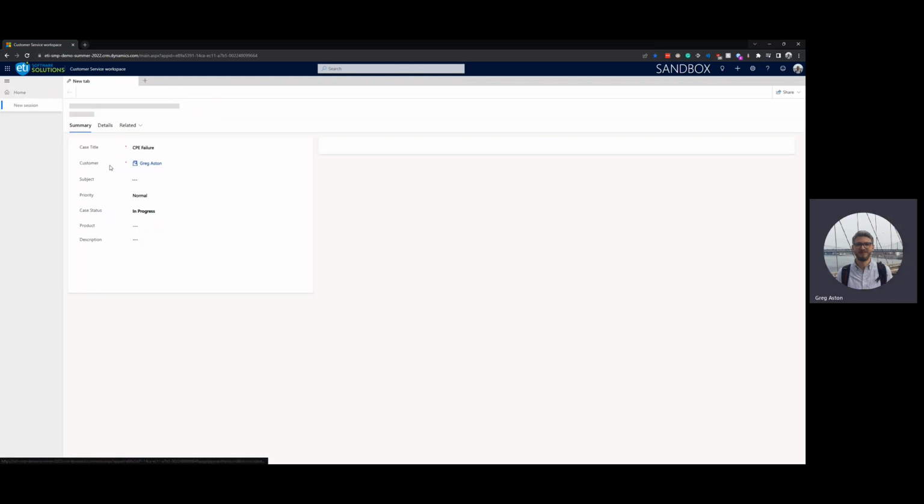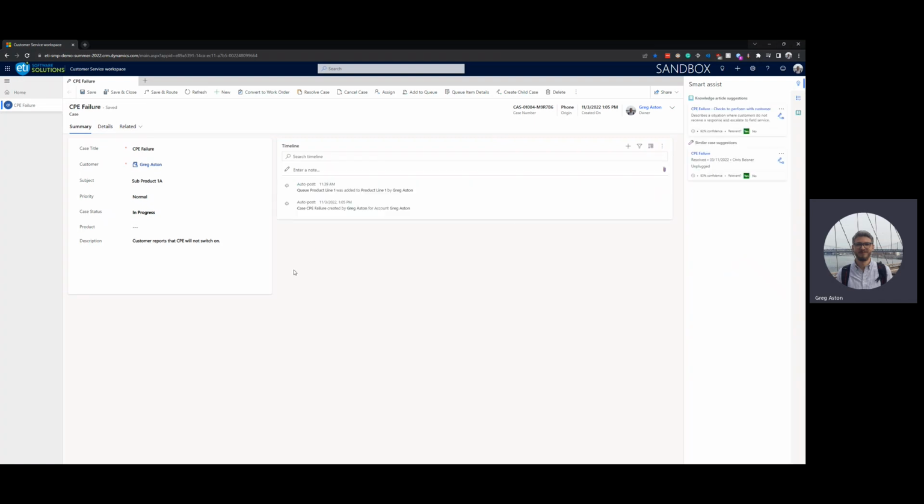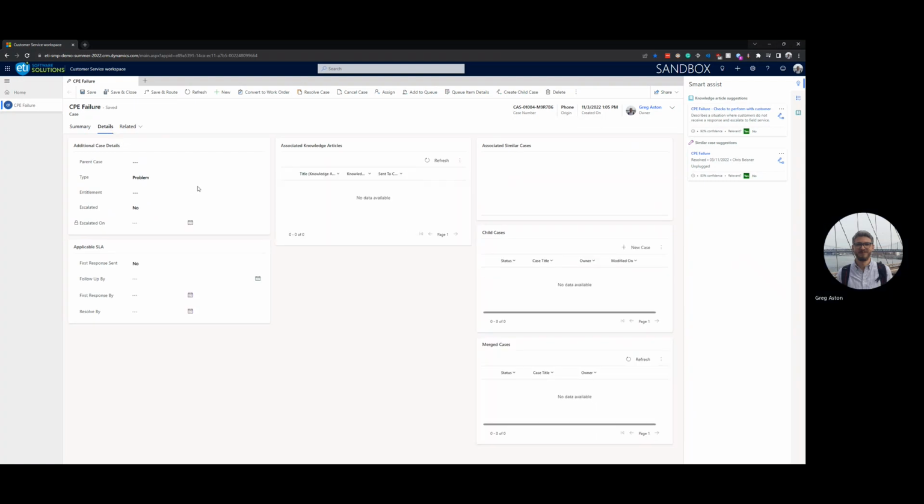Within here, I can look at the actual tickets. I can convert things to work orders if someone needs to go out into the field and take any kind of action there. But as you can see, the system is suggesting knowledge articles and similar cases to go and look at based on the information within here. If we move into details,